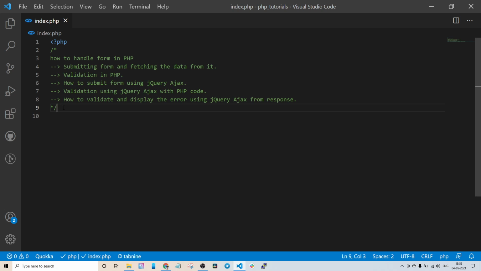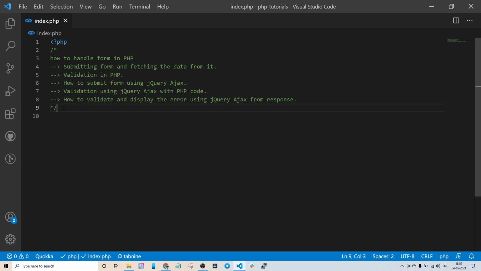And more importantly, you will learn how to use jQuery Ajax, because jQuery Ajax gives you a more advanced chance to pass the interview. If you put jQuery Ajax experience and knowledge in your resume, then believe me, it will give you a great advantage. And you will even learn how to do jQuery Ajax